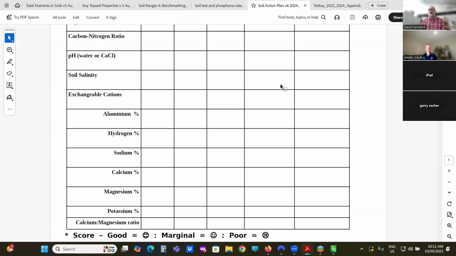So high sodium, for example, disrupts soil structure. High aluminium can really disrupt nutrient cycling and throw chemistry out and biology out as well. And relatively high magnesium can be problematic as well. But it is important to note with any of these aspects of soil health that they all interact with the